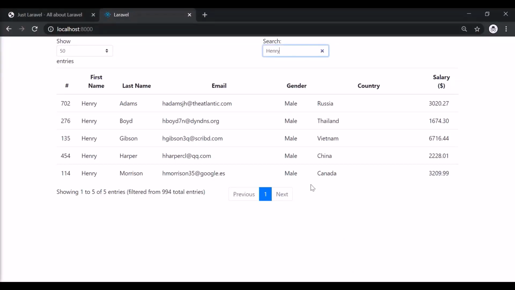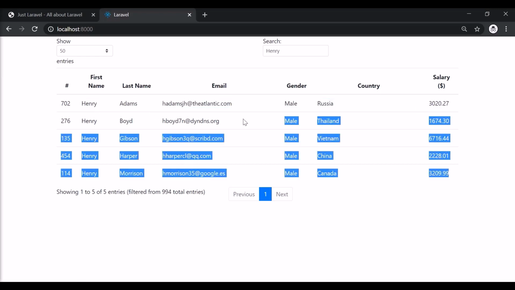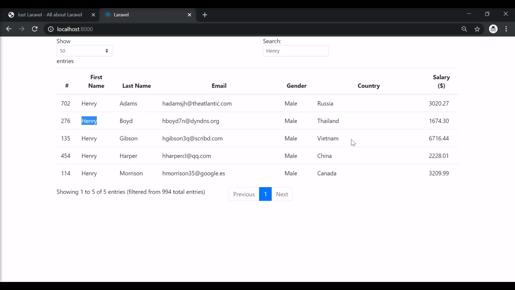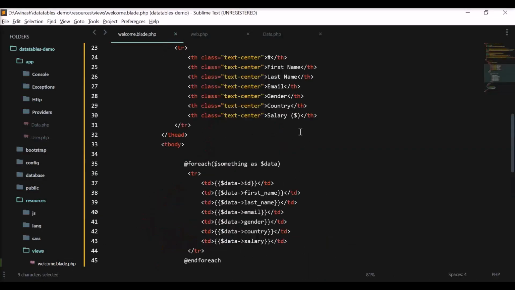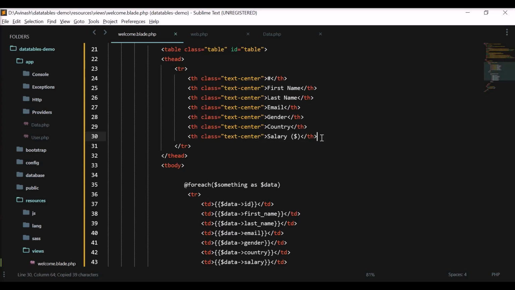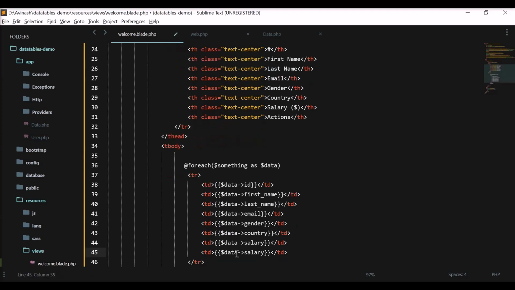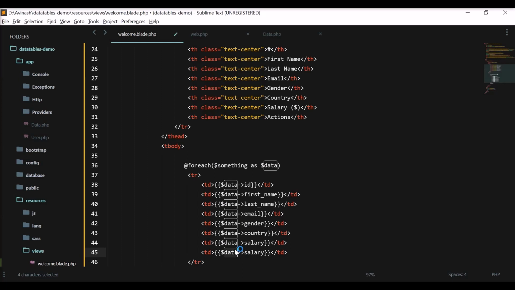So this is how DataTables basically works and how we can integrate it. We can also create action buttons here for editing and deleting. That will be part 2 of this video. I'll create a column for actions and add two buttons, edit and delete. When you click on edit, a modal will pop up with the data of the particular row, so we can edit it, and we can also delete. I'll show that in part 2 of this video. As I'm already using Bootstrap in this application, I will use Bootstrap modals to pop up and show them.